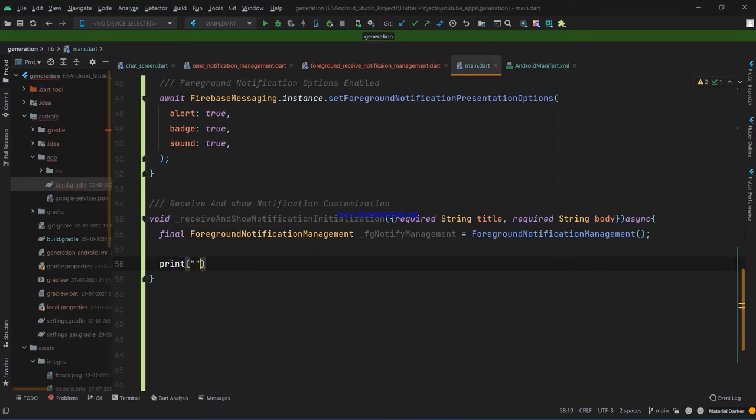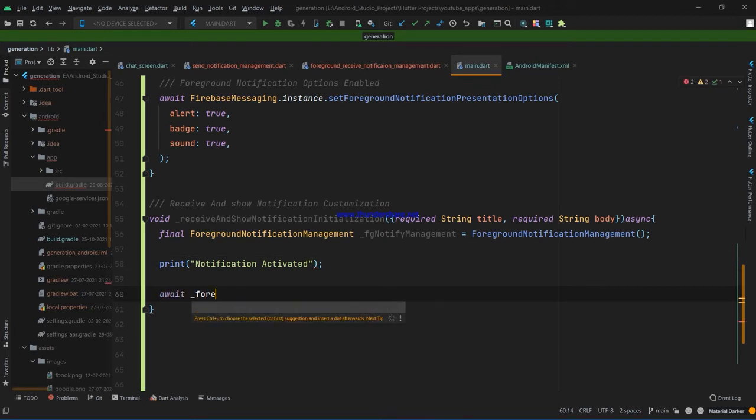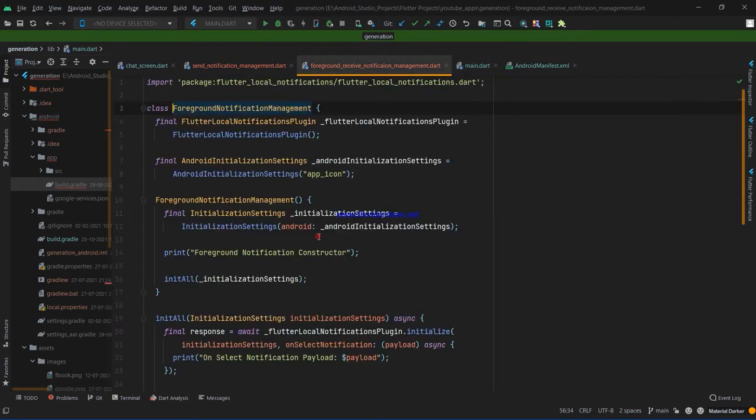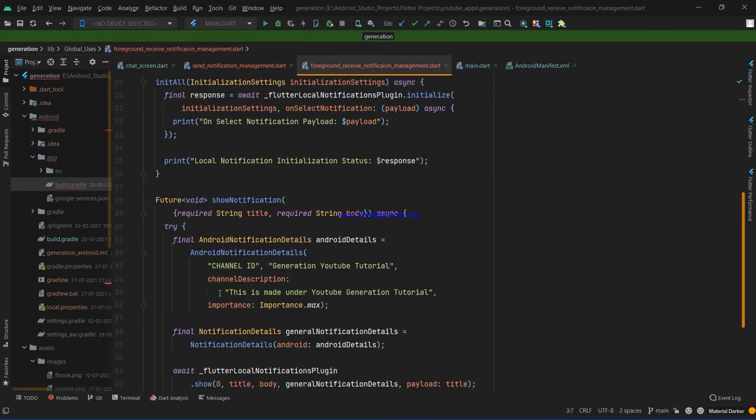So for debugging purposes we write notification activated, and then we print the notification with a method, because as you know, here we made a method to show the notification, that is show notification.